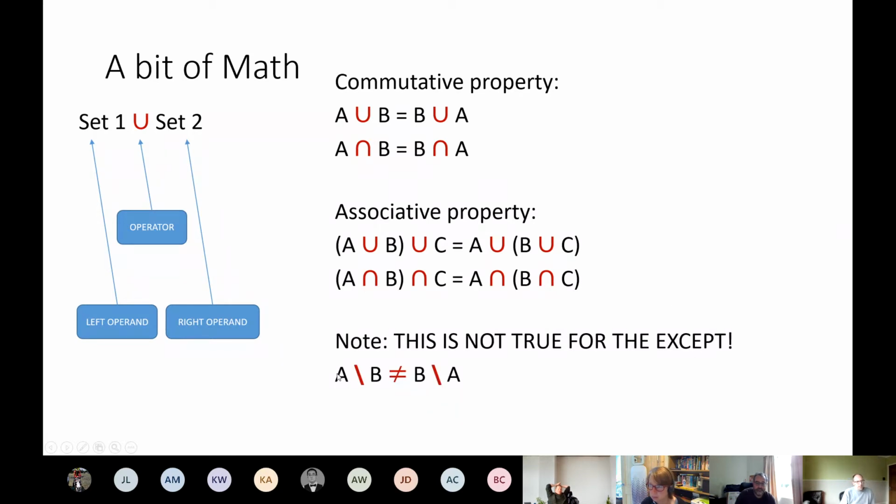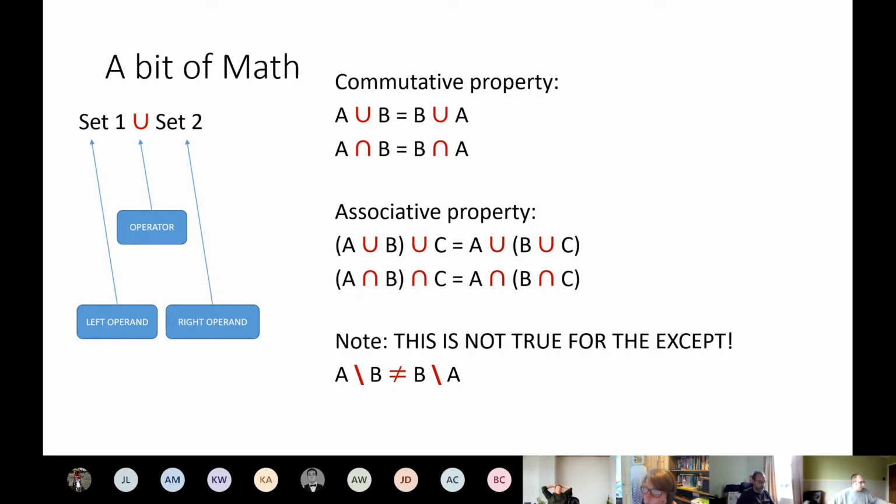If we do set A except set B, what happens is we retain people from A and get rid of anyone in B. Now, obviously, that's not the same as set B except set A, because in that case, we retain everyone from set B and get rid of everyone in set A. So it's kind of like the opposite, really. That's something that you need to keep in mind, and it means that the order that you create your cohort identification configuration in RDMP, if it features an except, is important.